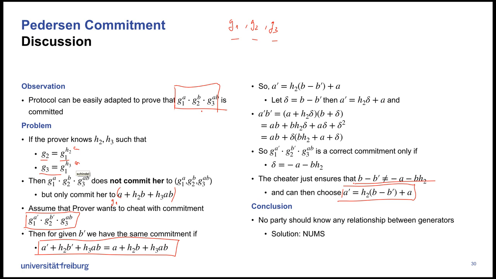Okay? Anybody sees the solution? Maybe you see the solution? No? Nobody sees the solution. The solution is NUMS,